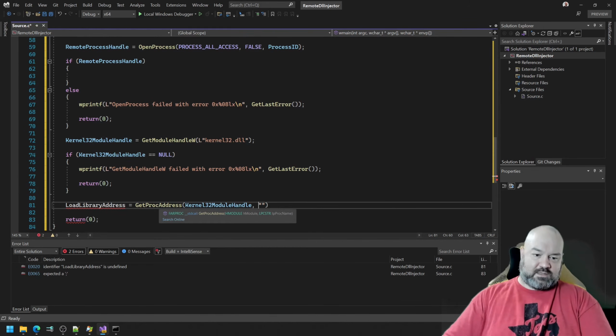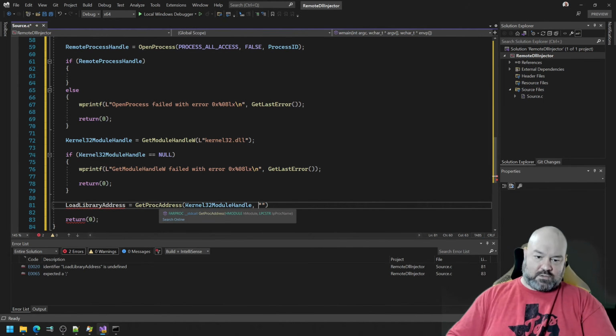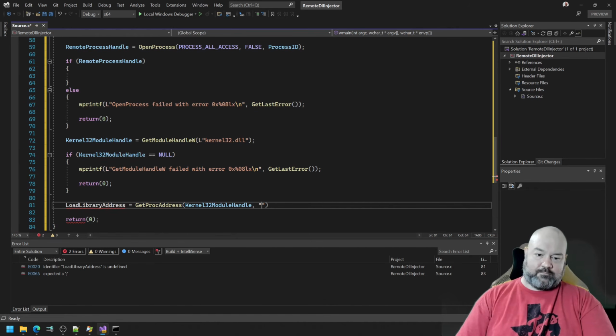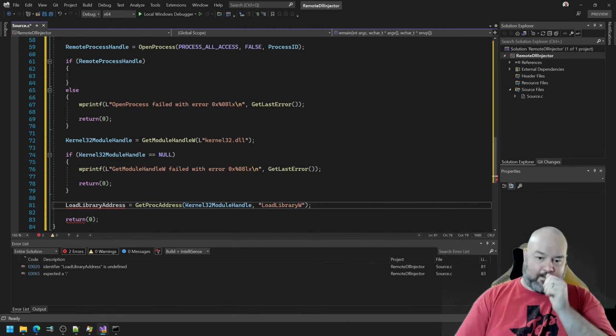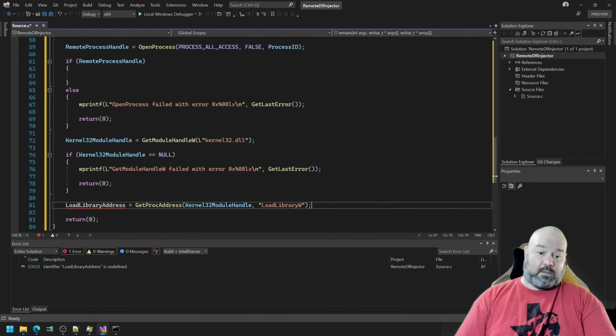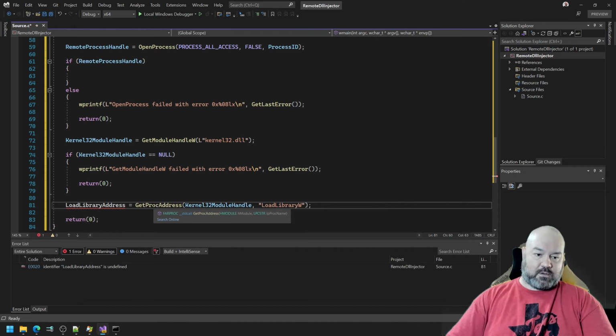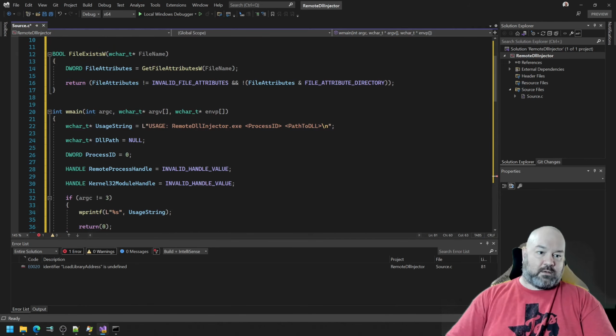And where's the W version of this function? It takes a long pointer to a constant string. That's not Unicode. That's weird. LoadLibraryW. Anyway, I think that'll work. I just expected there to be a Unicode version of this since it accepts a string, but it looks like there's not. Anyway, we need to make a variable called